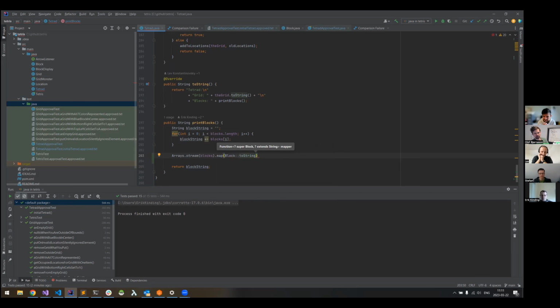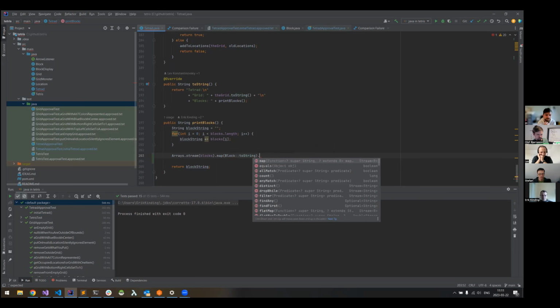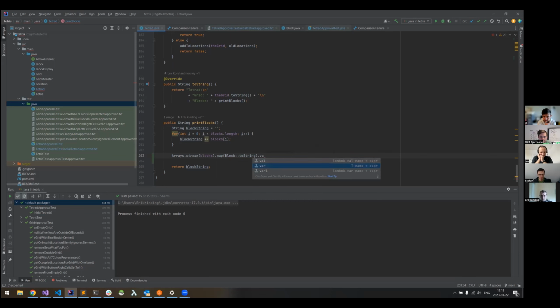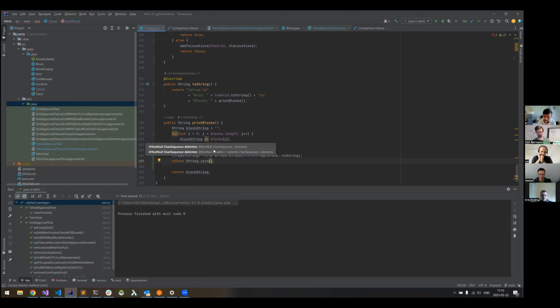toString. Sorry. Yeah. Okay. And then let's type .var to store this in a variable. .var and then enter. And it's only temporary. Let's call it temp, because we want to inline it afterwards. Then you can say return, if it's okay that we change the actual return value, because we can now write return String.join, with a capital S. It's a static method, String.join. And then you pass in, for example,